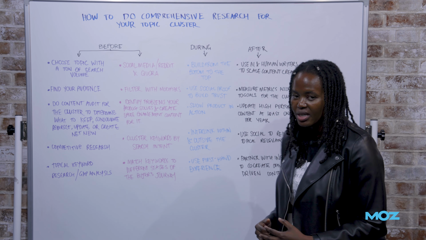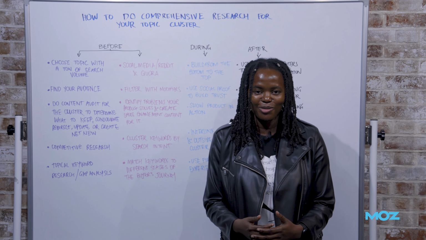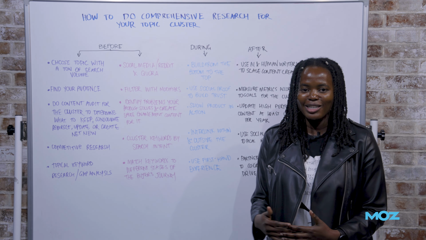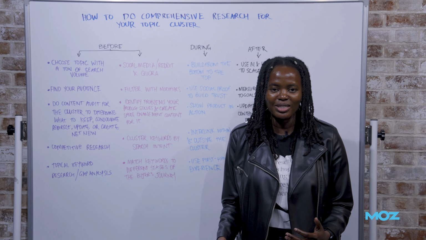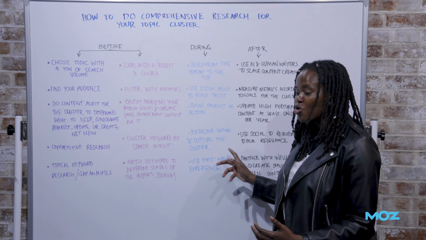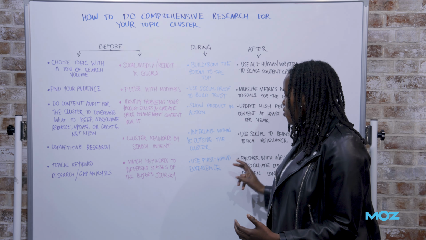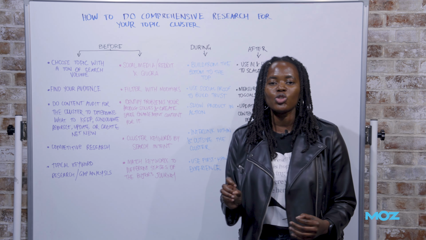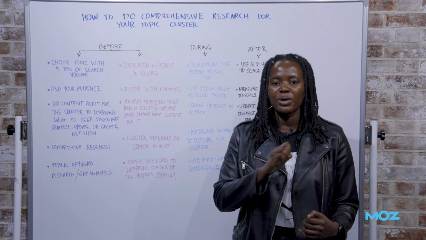Use first-hand experience. We are unfortunately, and maybe fortunately, living in the age of AI. You can literally just put a keyword into ChatGPT and it's going to give you a 5,000-page content. But this is what sets you apart from everybody else. No two people can have the same experience. First-hand content allows you to tell stories from a unique perspective that nobody else has.